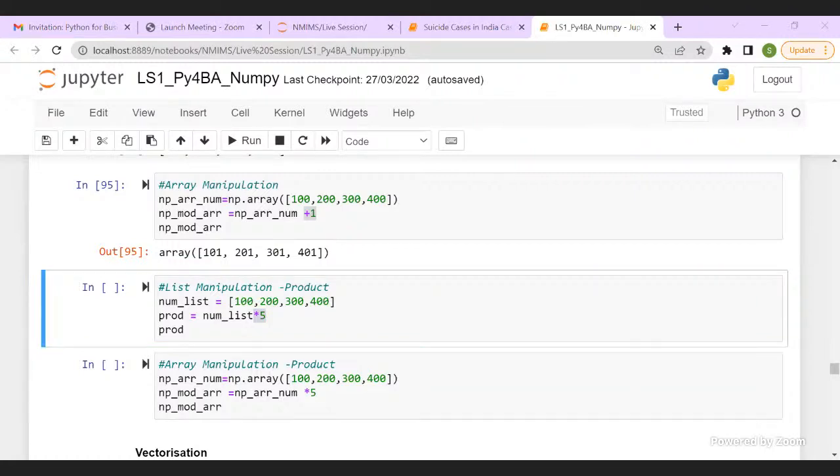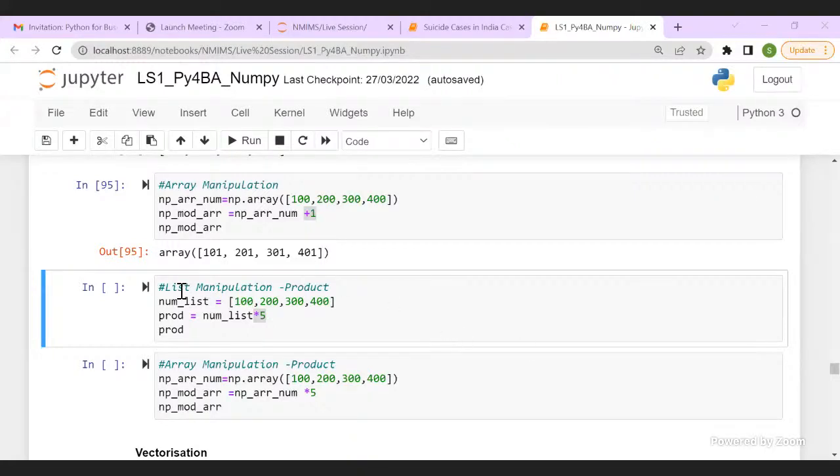Will I be getting 500, 1000, 1500, 2000 or something else? Think, it's a list. Okay, I have few answers. Manmeet says 500, 1000 and Shrikant, Kumar Baba and yes, they are saying 5 list. Okay.